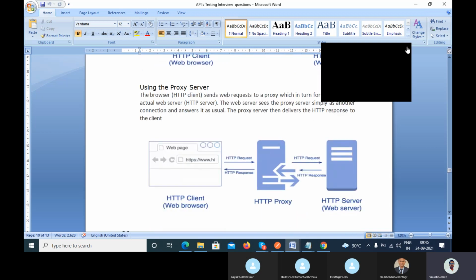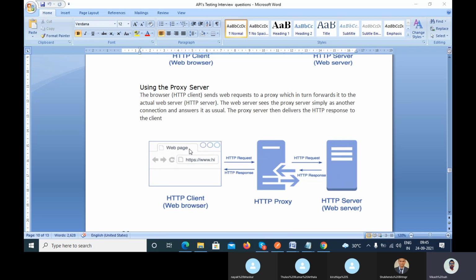Let's introduce the proxy. When you are searching anything in the browser, it connects with the proxy server. That proxy server passes the request to the HTTP server.